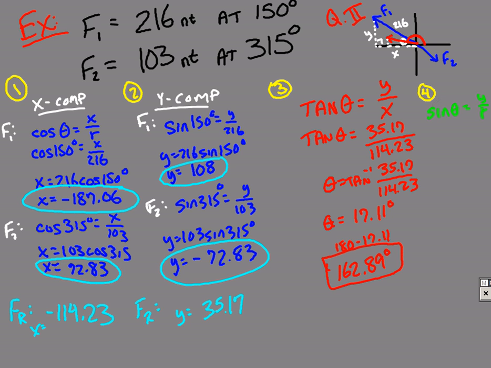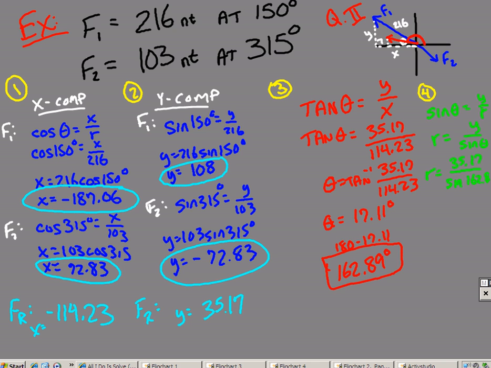That's what we need to find, r, how long this is. So that would be y over sine of theta. And we know what theta is because we just found it. So that means r is equal to y, 35.17, divided by sine of theta, sine of 162.89 degrees. And when we do that, we'll solve, and we should get that r is equal to about